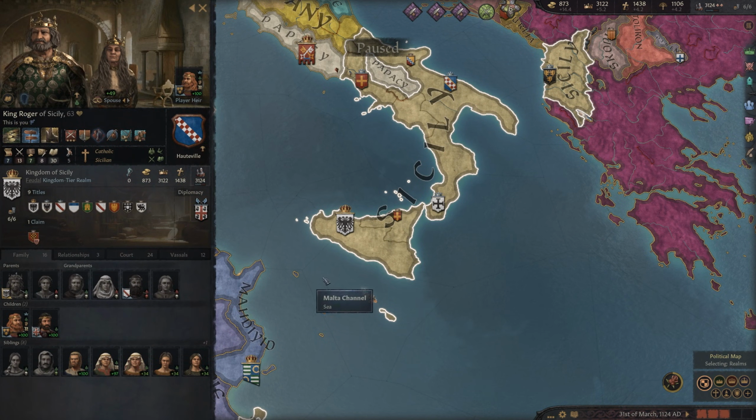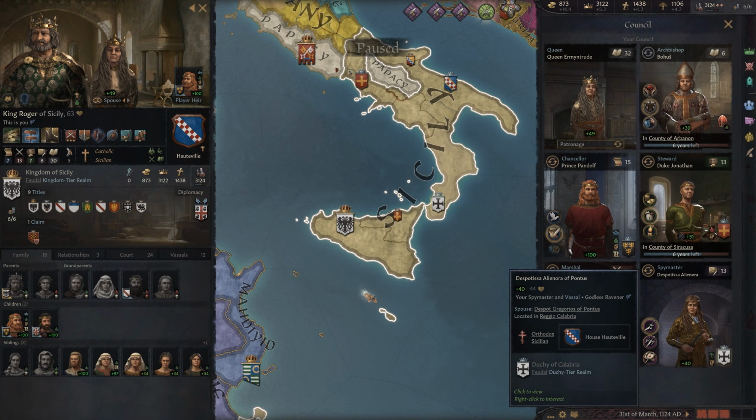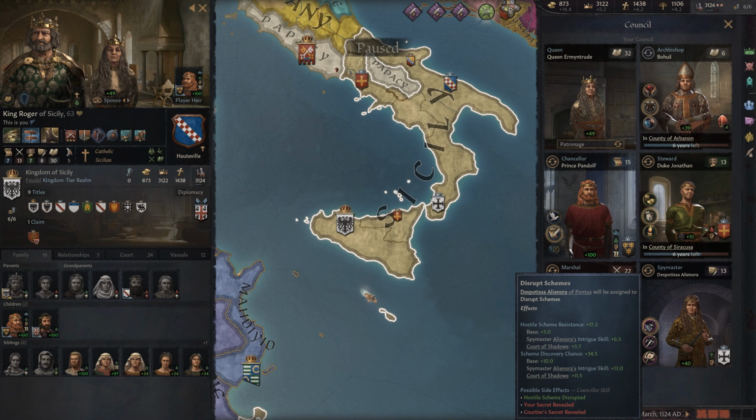So if you do have a rival, it's not a bad idea to keep your spy master on disrupting schemes to make sure nothing's going to happen. If someone asks if you want a rug, that's a hostile scheme. Trust me, because I have put that onto a friend of mine. Deny the rug, because you probably have a rival that's probably trying to kill you through the rug, or so on and so forth. Well, not through the rug, but it's part of the scheme.